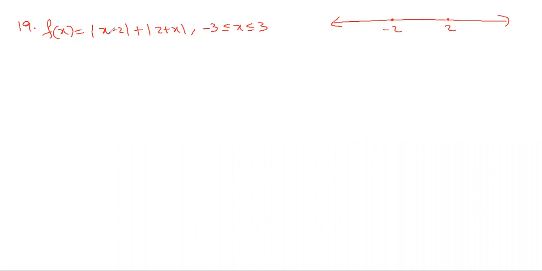Why are you taking these zeros? Because on the left and right of the zero of the polynomial, the modulus behavior changes. I mean to say, if you take any number greater than 2, the expression inside the modulus for the first one is positive. You take 3, 4, 5, 6, all those numbers, this expression is positive. You take any number less than 2, just like 1, 0, minus 1, minus 2, this will be a negative number. When you're getting a negative number inside the modulus and removing the modulus, you should write minus of that.